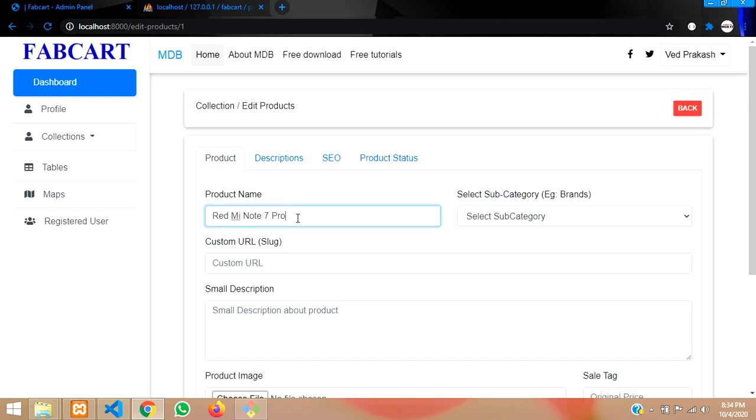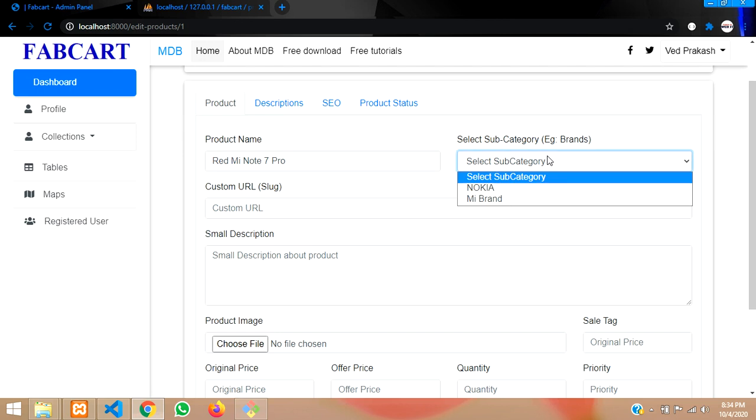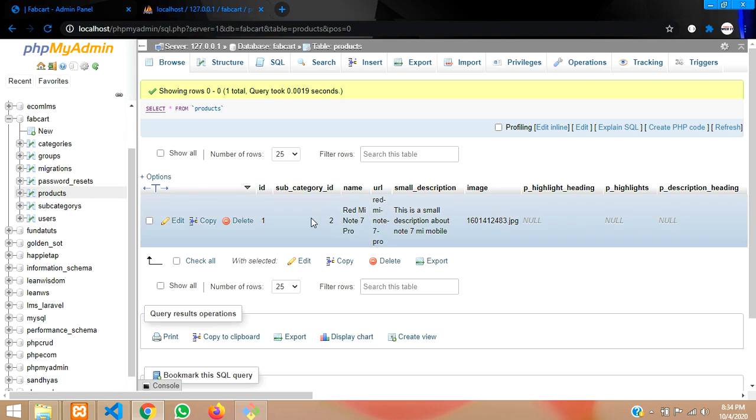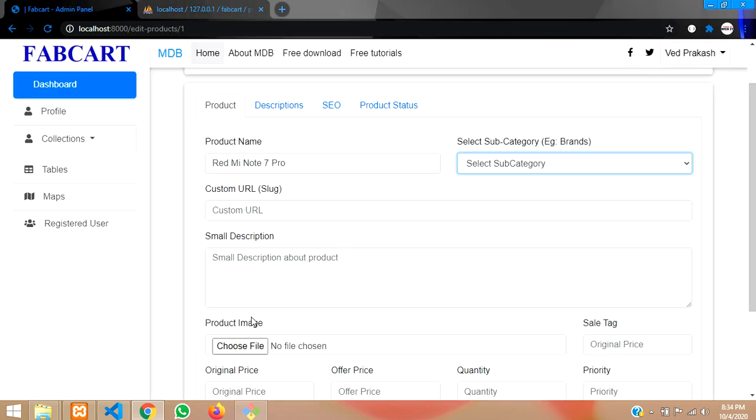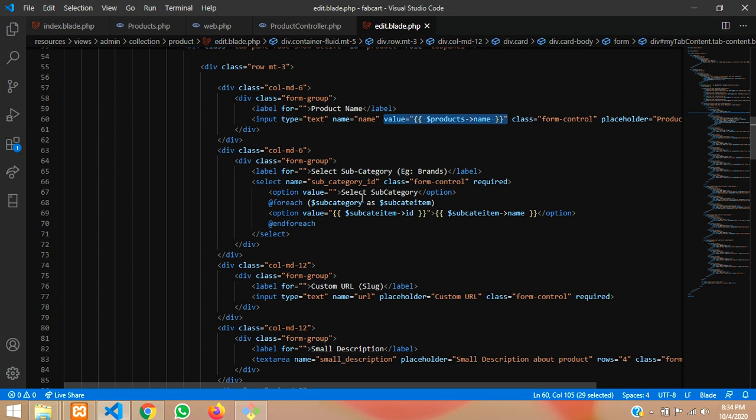Cool. So Redmi Note 7 Pro, the data has come over here, as you can see, right? And the subcategory you have chosen, that should be coming by default. For example, right now the subcategory ID is 2 over here, so that 2 should be coming. Right now it is telling select category. So over here we are going to remove this and call the relationship and show the data. So we'll call this same variable products, where subcategory,